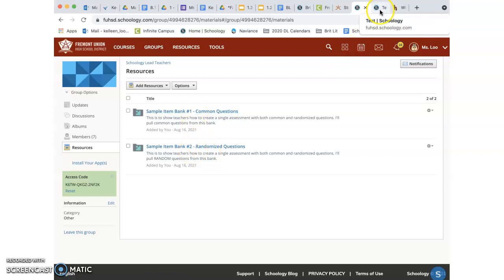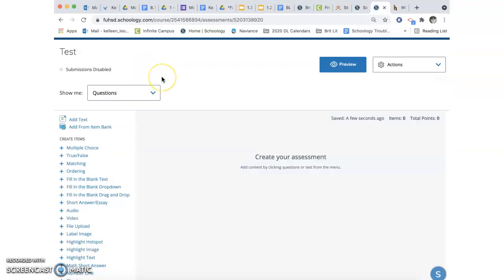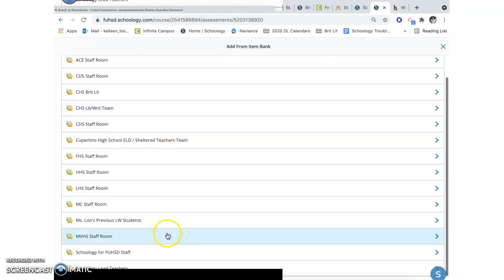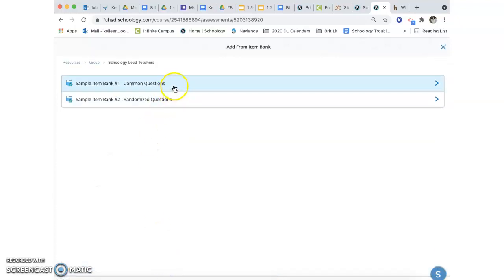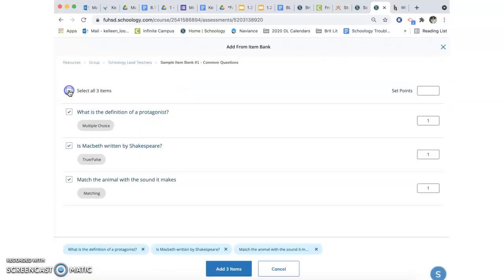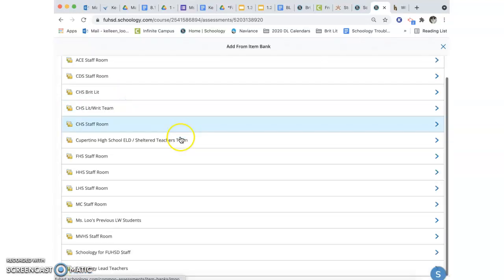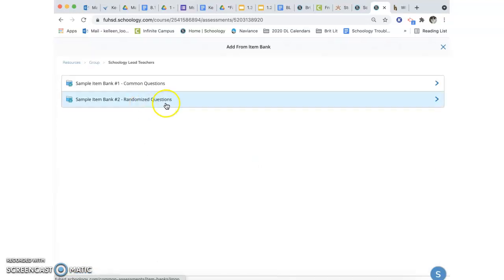So I have those ready to go. Then when I'm creating the assessment, I'm going to click the Add from Item Bank. I'm going to find the item banks that I created, and the sample item bank 1, I'm just going to select all 3 of these items because I want all of these to be the common questions that all students experience. Then I'm going to click Add Item Bank again, find my second item bank located in the same place,